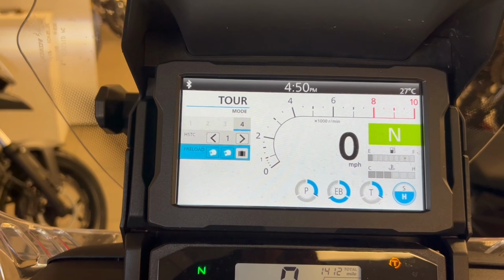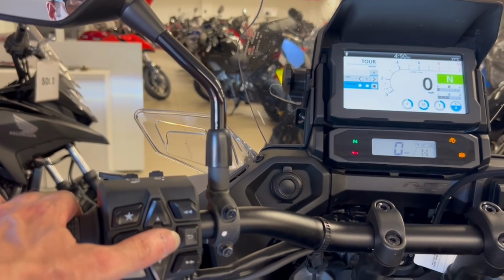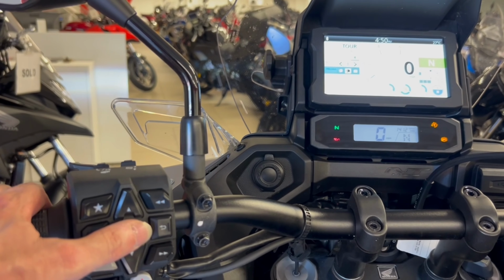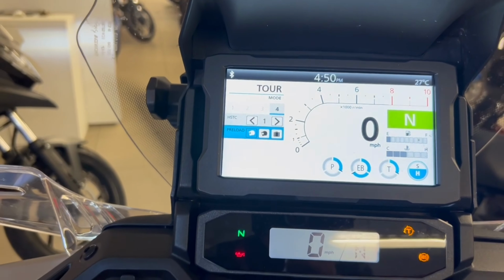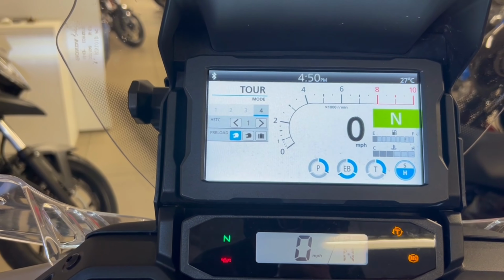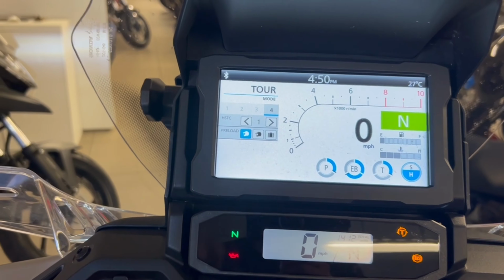These are your presets. You can just rattle through, and basically I'll try and get my thumb and the dash in. So if I do that, hopefully you can see it doing its thing. So yeah, that's your presets. So we'll come out of that. Now if we go to, when it catches up, urban. So as you can see there,